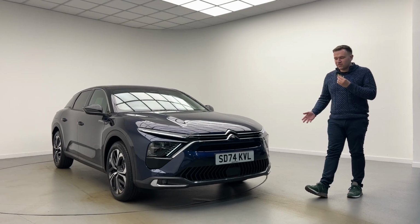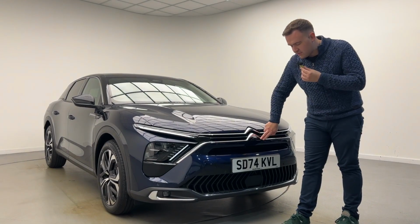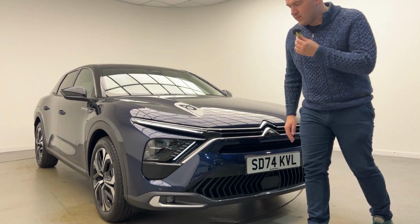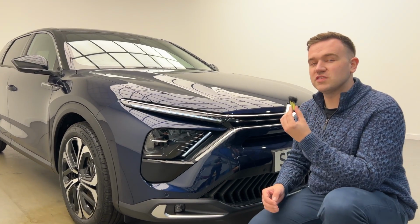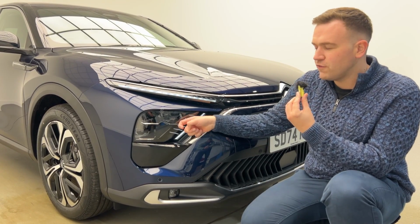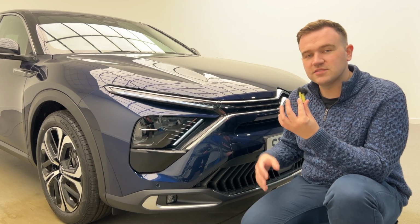So up front in the centre we have the Citroen Chevron grille with the 360-degree front parking camera. We've got the radar cruise control embedded in the Chevron grille down below. Now the headlights in the C5X are split just like we've seen in the Citroen C4. I quite like the design because it's reminiscent of what we've seen in the rear of the C4X. We do have full LED matrix headlights, and this car also comes with the parking sensors, all part of that